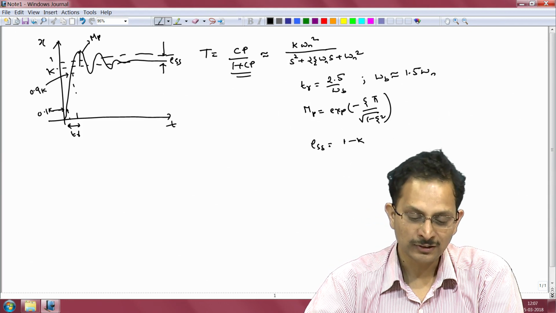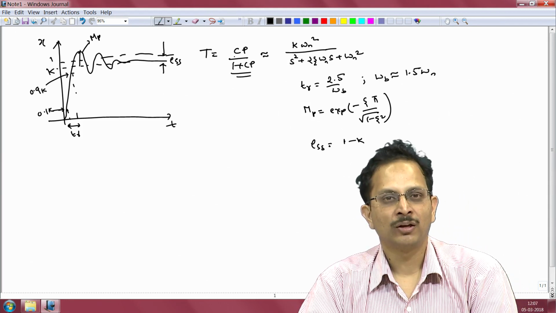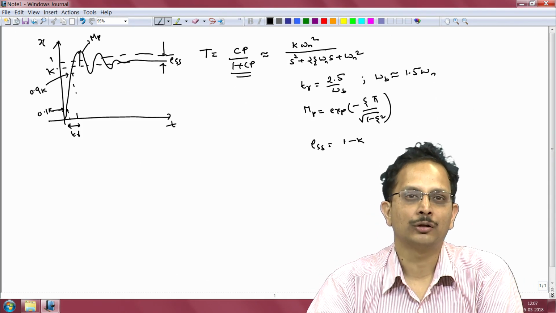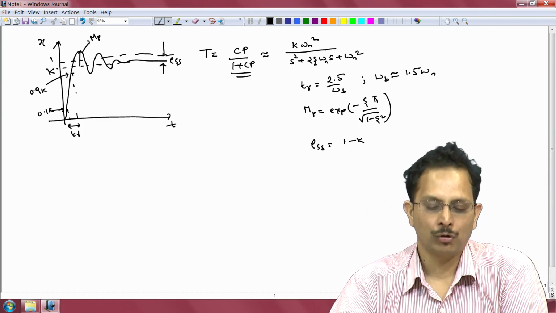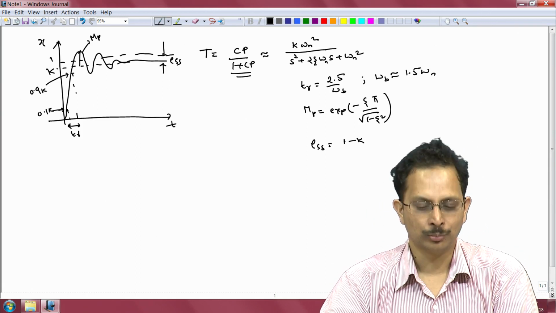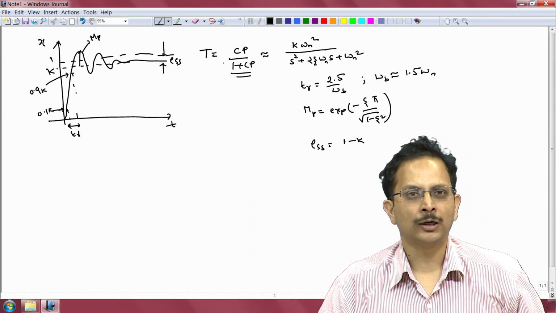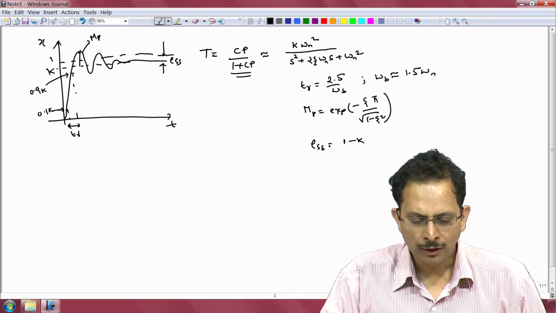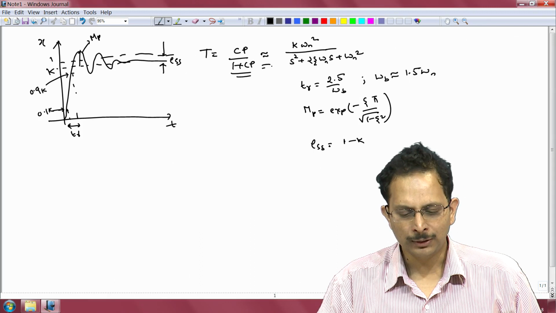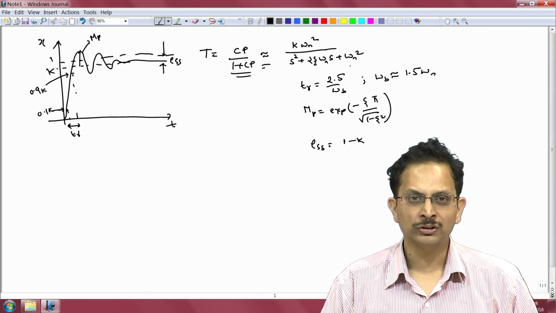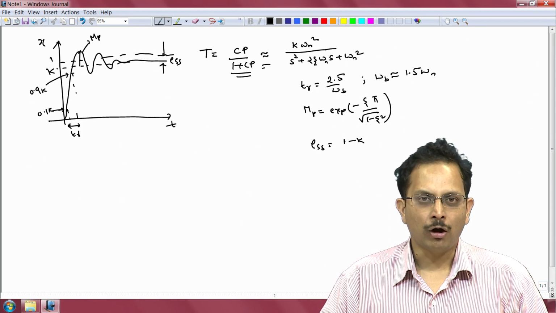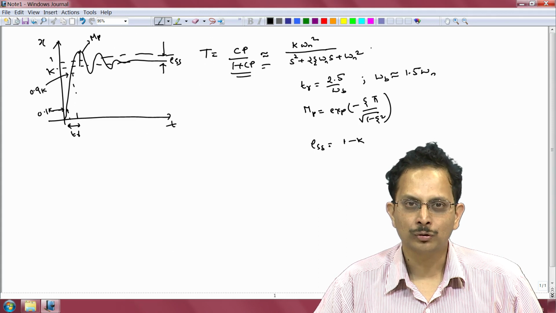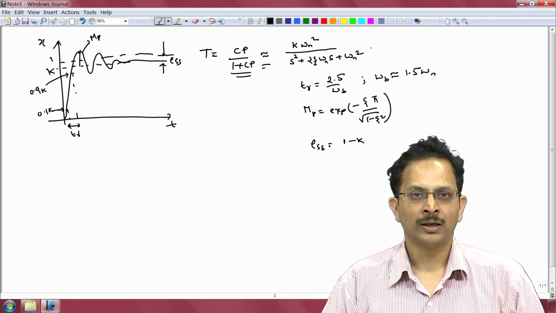To undertake this exercise, before even having designed C, we invoked the advantages that would accrue from the notion of dominant closed loop poles. So, we assumed that our closed loop system would have a pair of dominant closed loop poles regardless of whatever controller structure we might end up having at the end of the day, and with that assumption we could approximate our closed loop system to be a second order system. So, this is only an approximate relationship in order to allow us to translate the time domain specifications into corresponding closed loop frequency domain specifications.